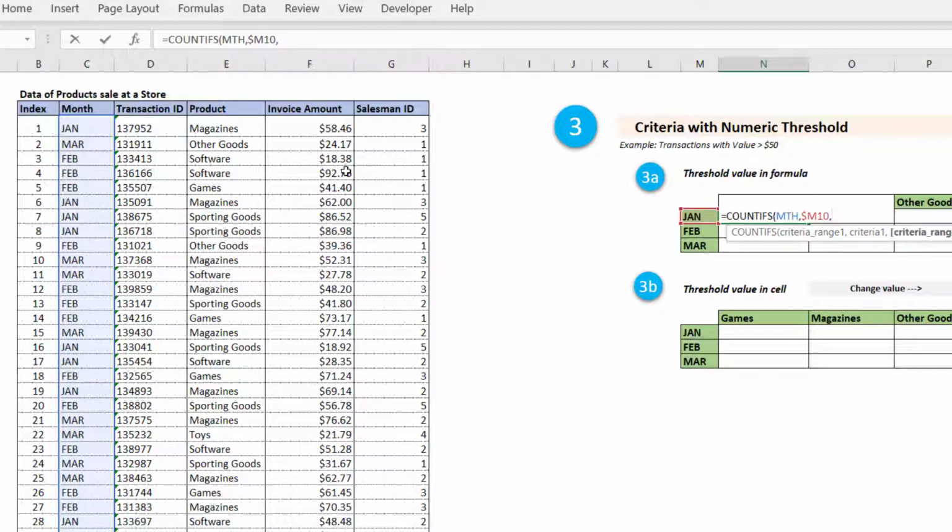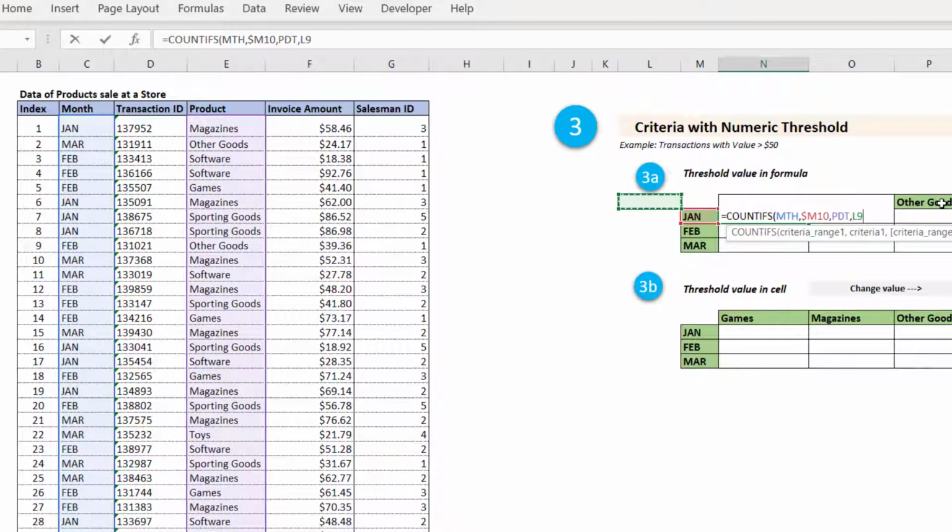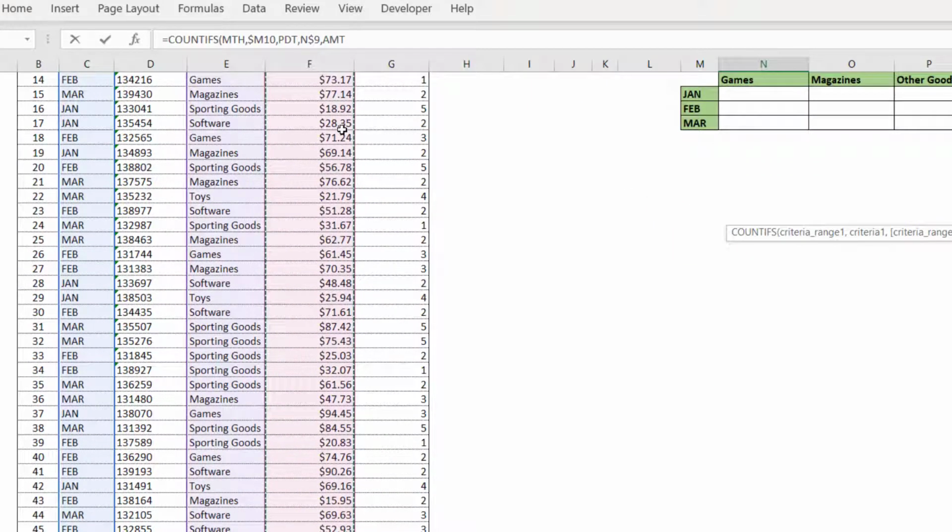Then I will apply the second criteria on product, then apply the criteria, also freeze the row reference. Then we will need to apply the third criteria, which is the amount being more than $50. And first we will select the cell ranges. Also, this is again a named range, so I will leave it at that.